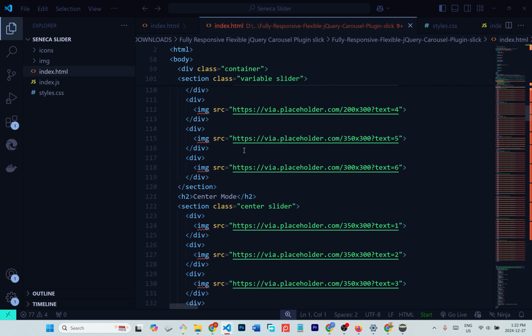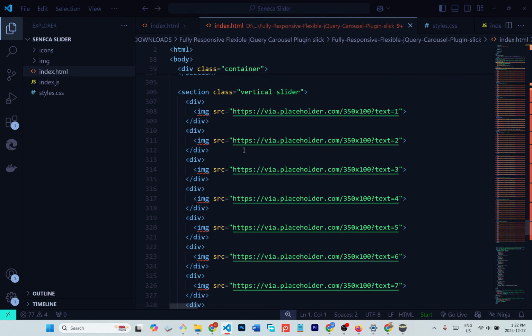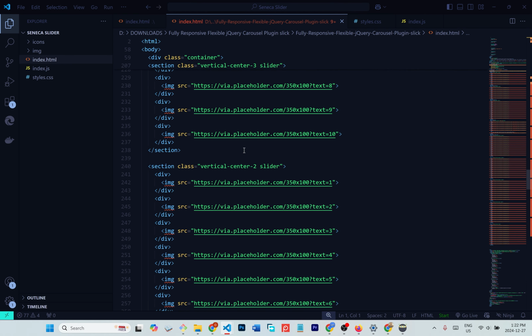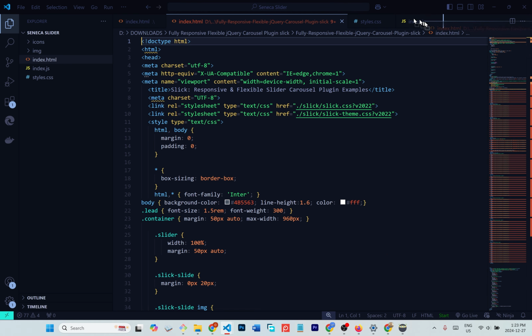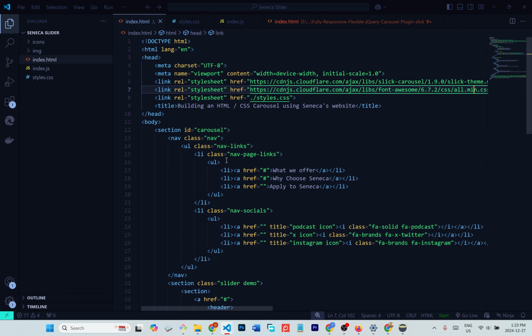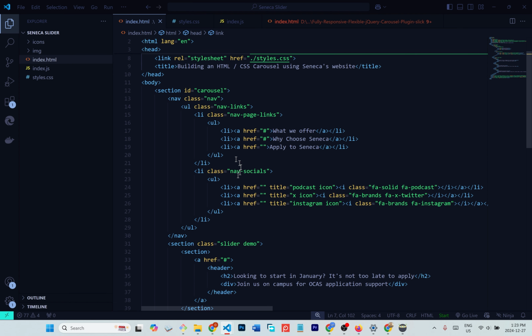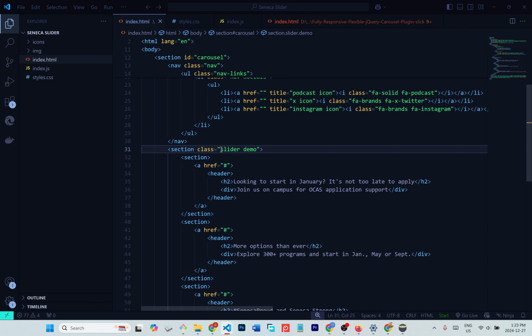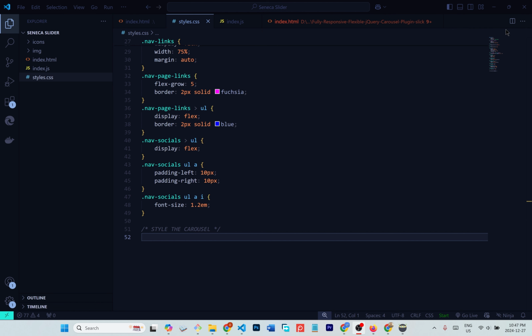Okay, so this is what we're going to do. This is looking so big. I don't need this now. Let's just continue with our styles. Okay, so in my style, what I want to do here is come here, then you can come here to the slider, then just add carousel. So to style the carousel,